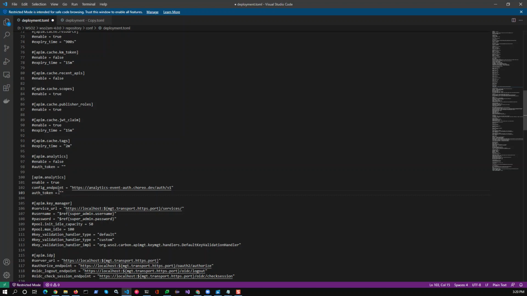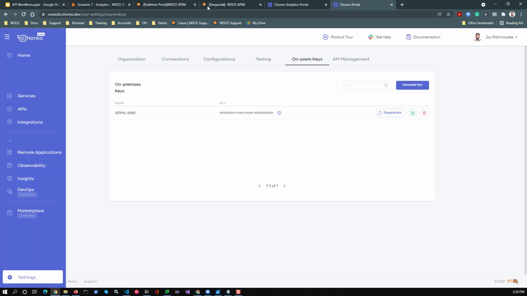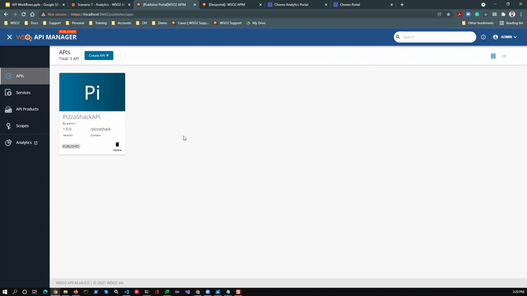Once you get the token and specify it here, you can start the API Manager product, and then you can play around with it. I do have an API called PizzaShack API, which comes out of the box as a sample API. And here you have an option called Analytics in the API Manager Publisher portal.